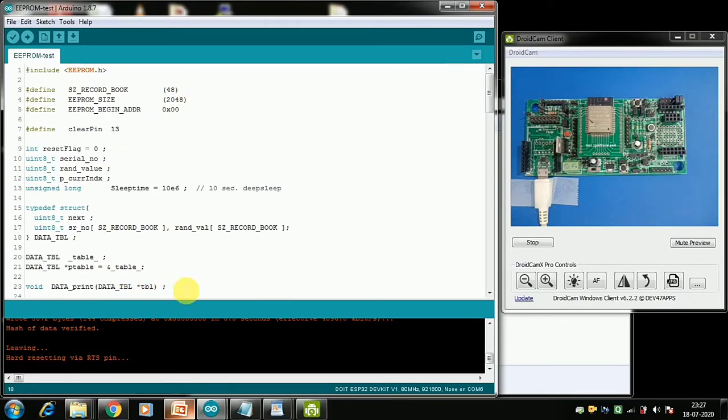Those who already know C or C++ will probably have no difficulty following me. But those who are not much familiar with C or C++, please pay close attention because I will be explaining basic C elements as well. But still you need to go back and spend some more time to understand this fully. Before we start understanding this code, let us have a look at a real life use case.